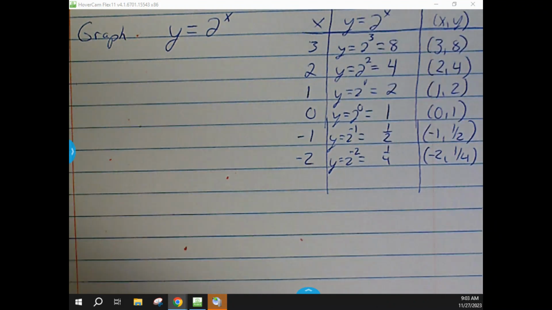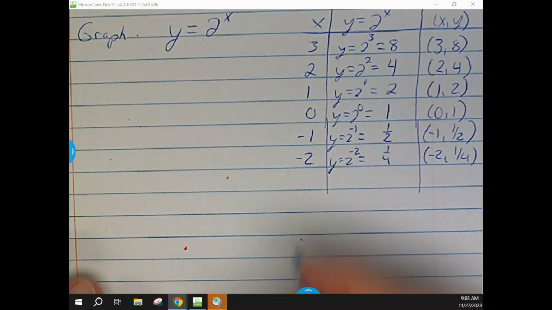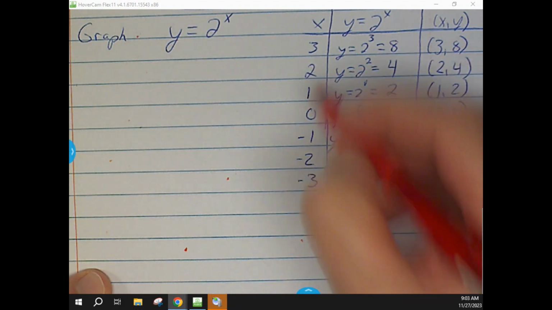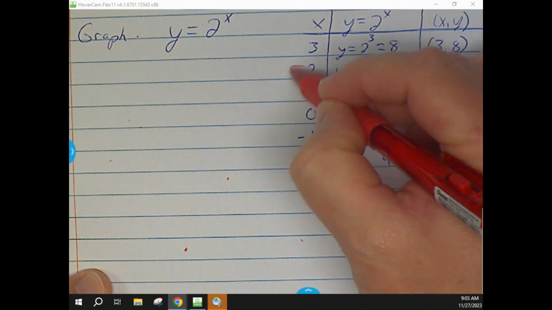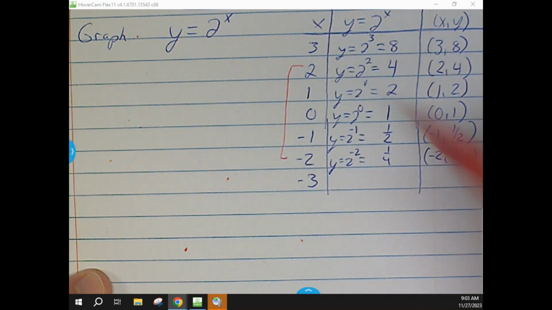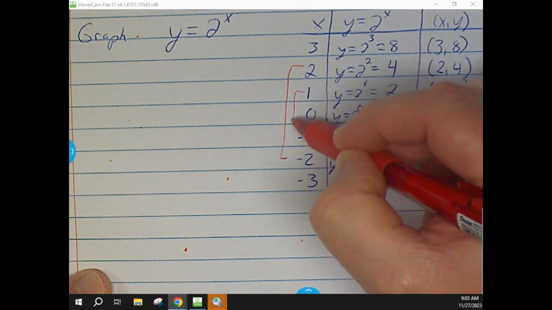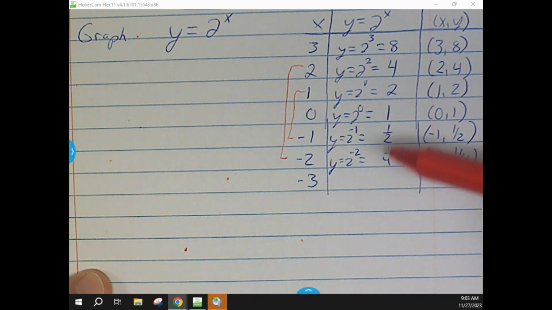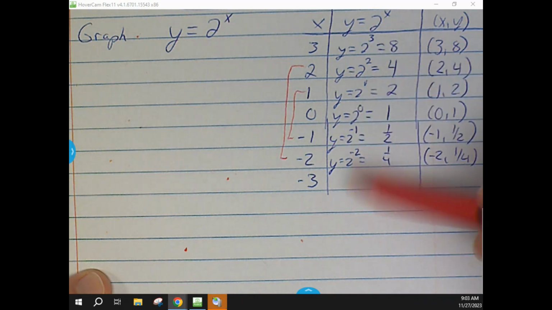Okay, now here's the thing that we want you to catch and see as we're going through these. If you notice that at 2, the answer was 4. At negative 2, the answer was 1 over 4. At 1, the answer was 2. At negative 1, the answer is 1 over 2. So basically the only difference between a positive and a negative exponent, if you're